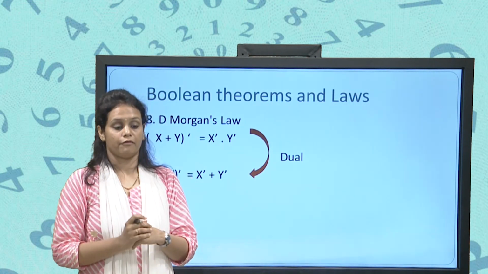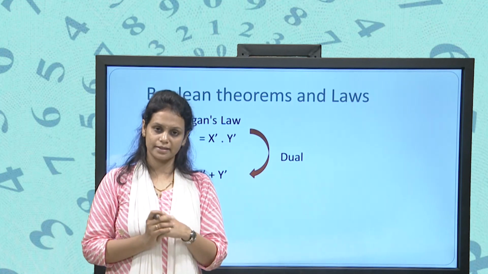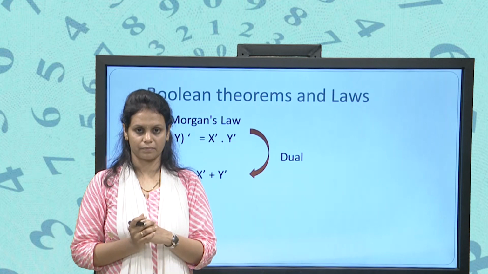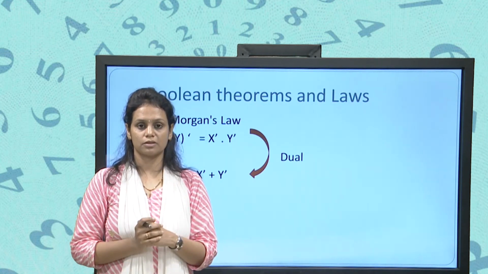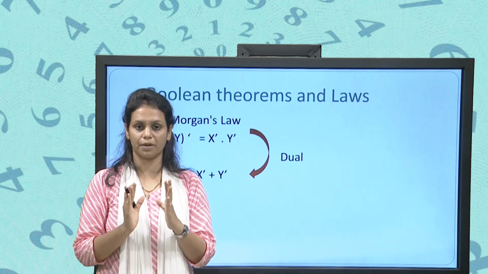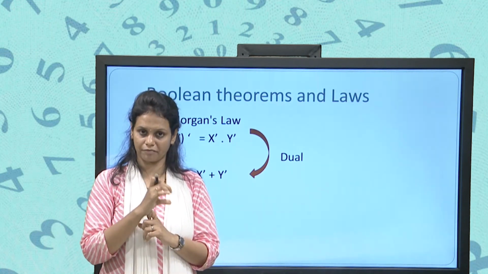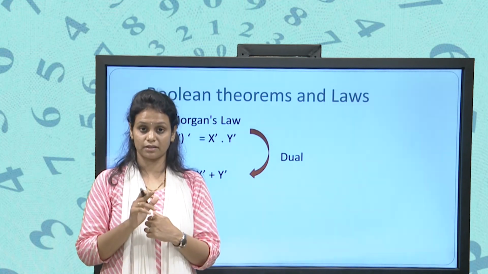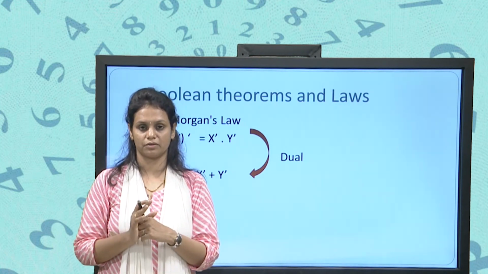Next, suppose we have A intersection B in set theory, and we want to find the complement of A intersection B. How will we find it? We have to apply De Morgan's law. First we write (A intersection B) whole dash, meaning we want the complement of the whole A intersection B. So first we find the complement of A, that is A dash. Then the complement of intersection, that is union, and then the complement of B, that is B dash, right.